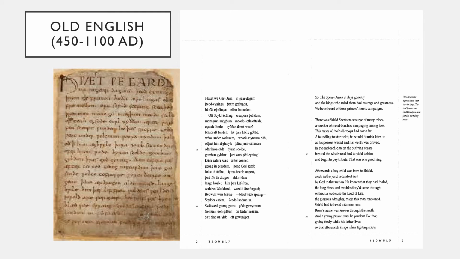The first period is Old English. Old English arrives to Britain in the 5th century with the Germanic invasions. In this period, the language brought by the Anglo-Saxons will also have the influence of Latin, the Celtic language, and Old Norse, the language of the Vikings. Please look at how different it is from our contemporary English.